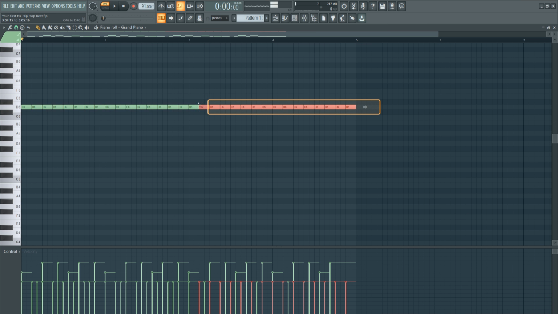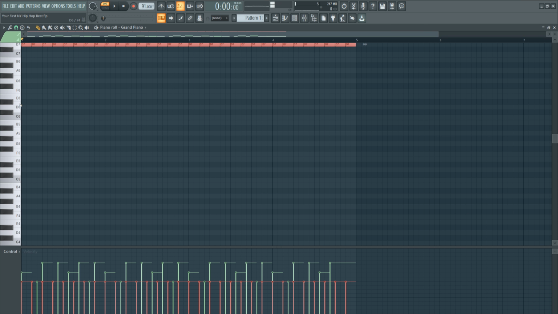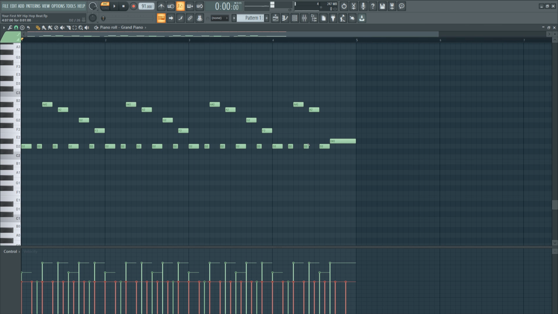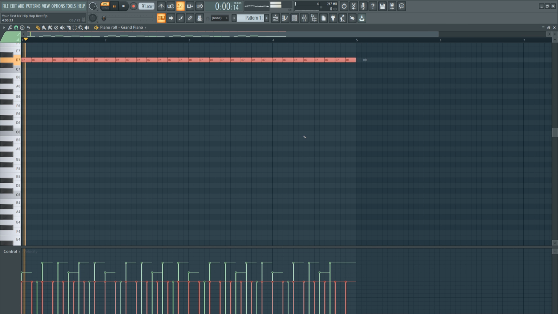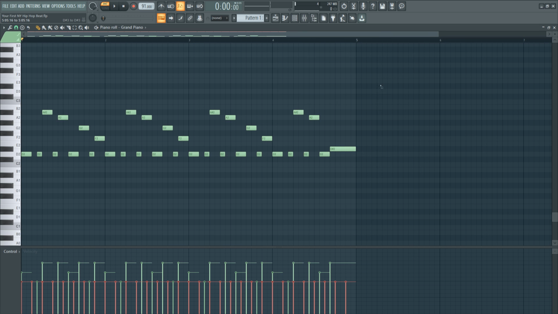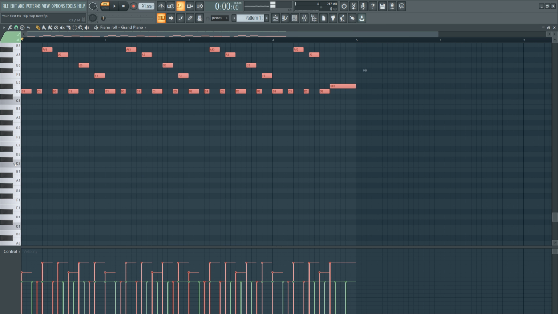Yeah, it sounds pretty dope. So let's grab this, hit Control, and then I'm going to hit Control up. So the notes are really far apart, but that's what makes this cool. I don't like that bing. It's throwing me off so bad. So what I might do to compensate is pull this up 1 octave. Just to get rid of that tone.